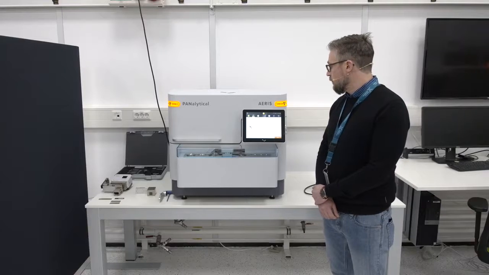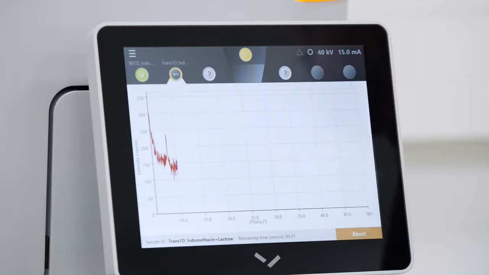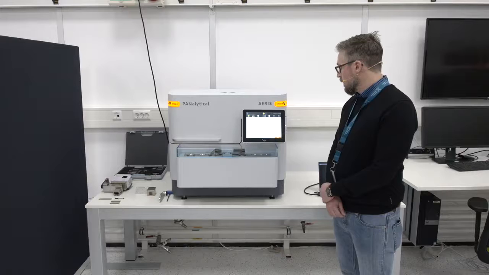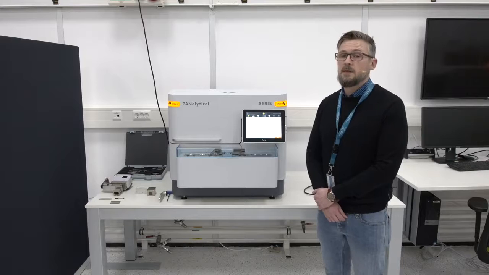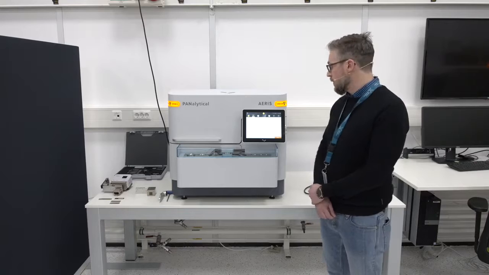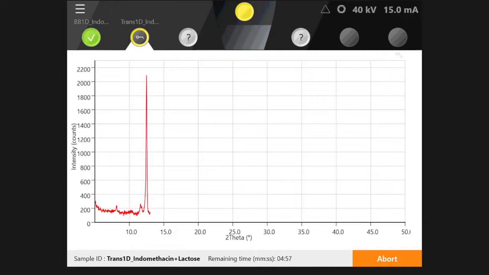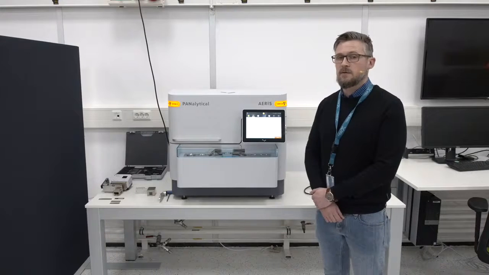In addition to that, for sample preparation for Bragg-Brentano measurements, we usually also introduce quite a lot of preferred orientation, which is highly reduced in transmission measurements when you prepare the samples between foils, or even better in capillaries. What is important to note here is that I didn't have to change any optics between the two measurements, because I set up both measurements in a way that they can be measured sequentially, which is very convenient because it allows you to combine different types of samples and different types of measurements in the same measurement batch without having to interact with the system.